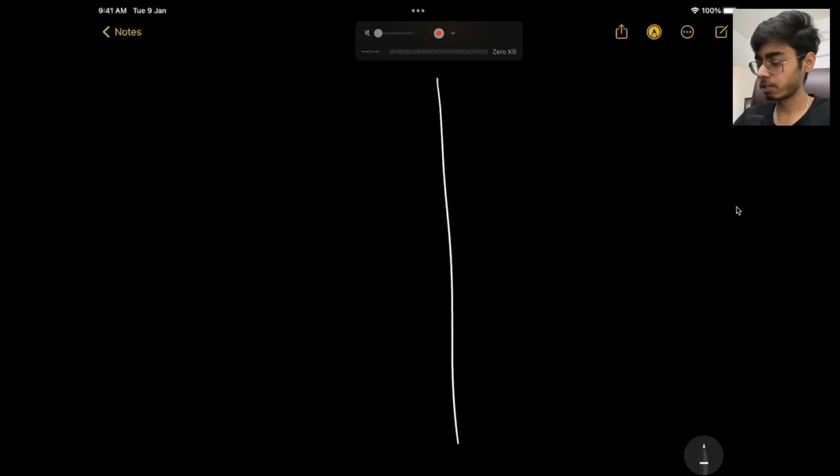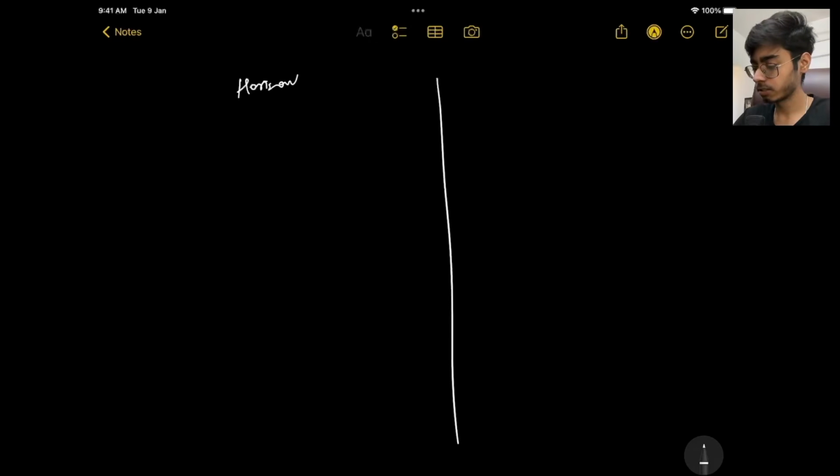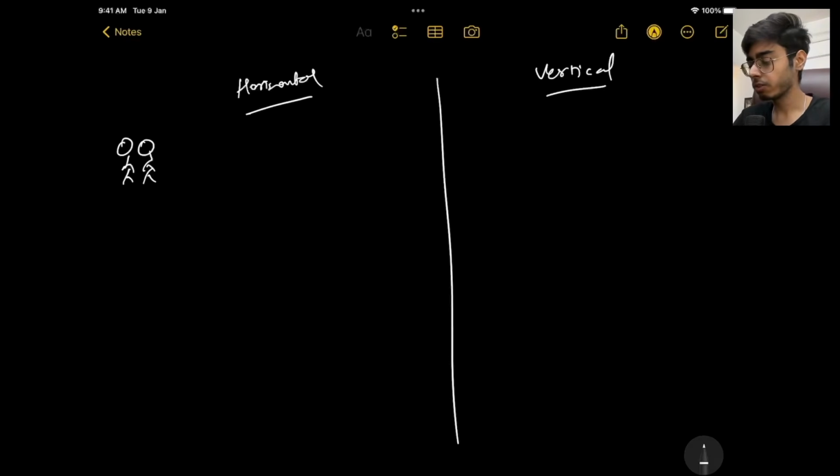So horizontal scaling, and I think you already know what they are, but the question over here is when will you use what, right? Let's say you have made a social media application, and till now there are only two users in your application, right? You and your friend. So for this, you will just have a 2 GB RAM computer and, let's say, 2 GB of storage.